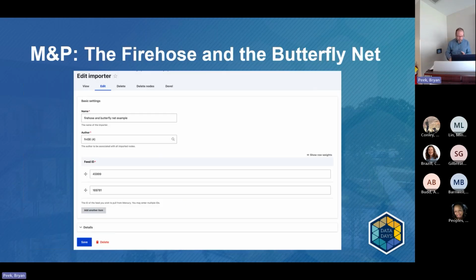So, the fire hose and the butterfly net. This is my favorite children's book, and it's also the metaphor that we chose to describe the technique that we feel people should be using. Some people use it, some people are aware of it, a lot of people aren't. It essentially boils down to this: for a given website, you have an automated feed that's the bulk of your content. So it may be filtered to show everything in your group.